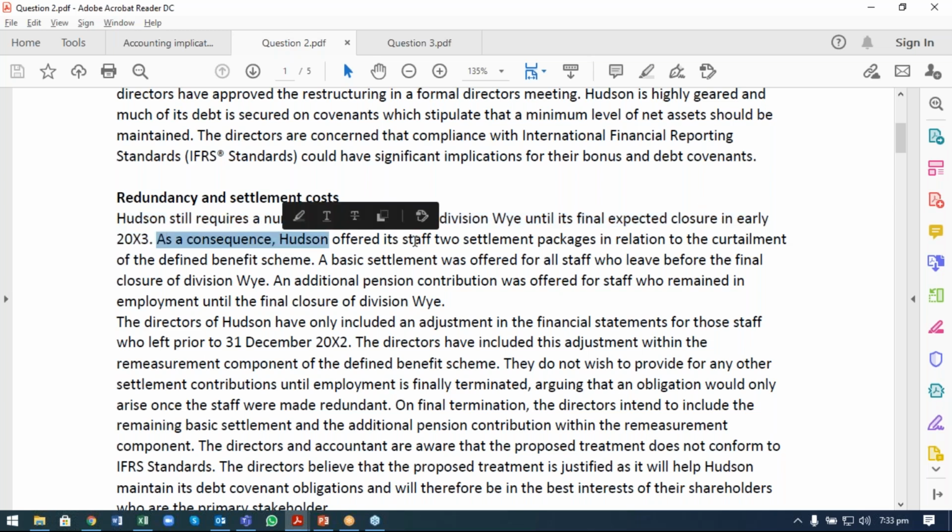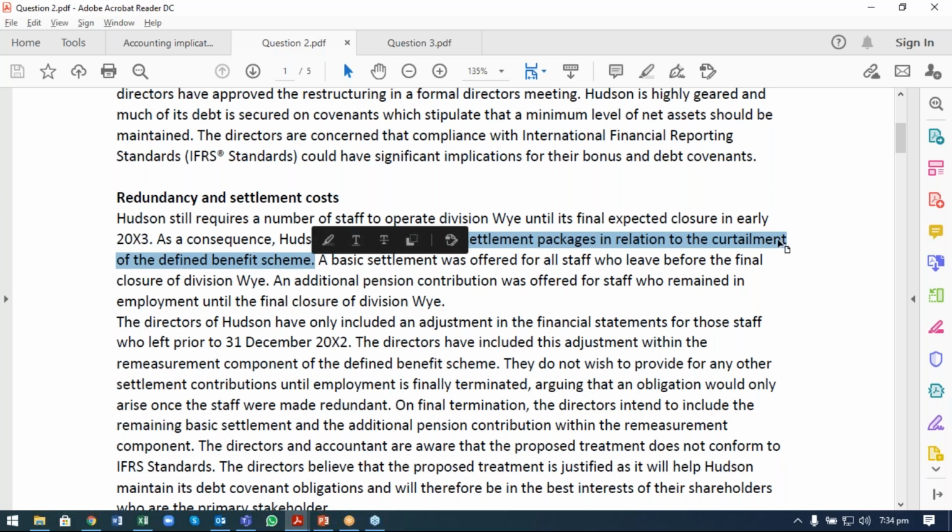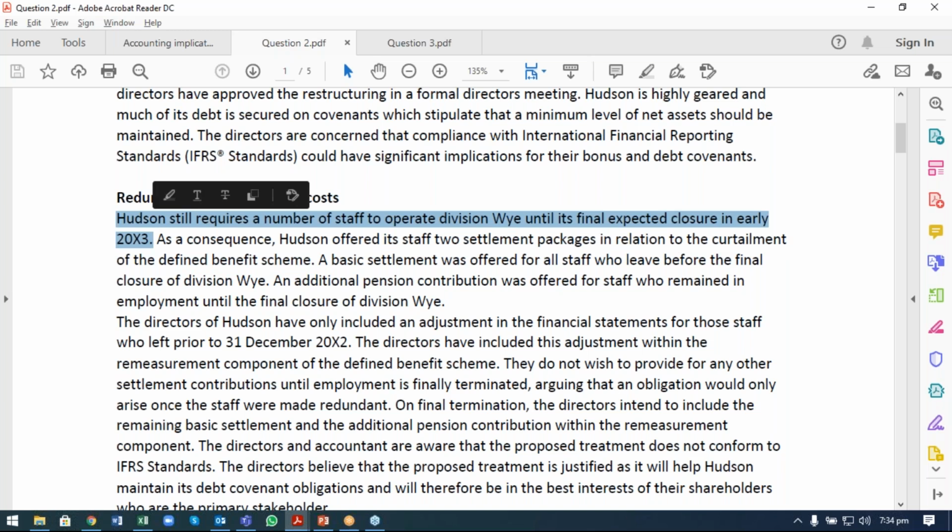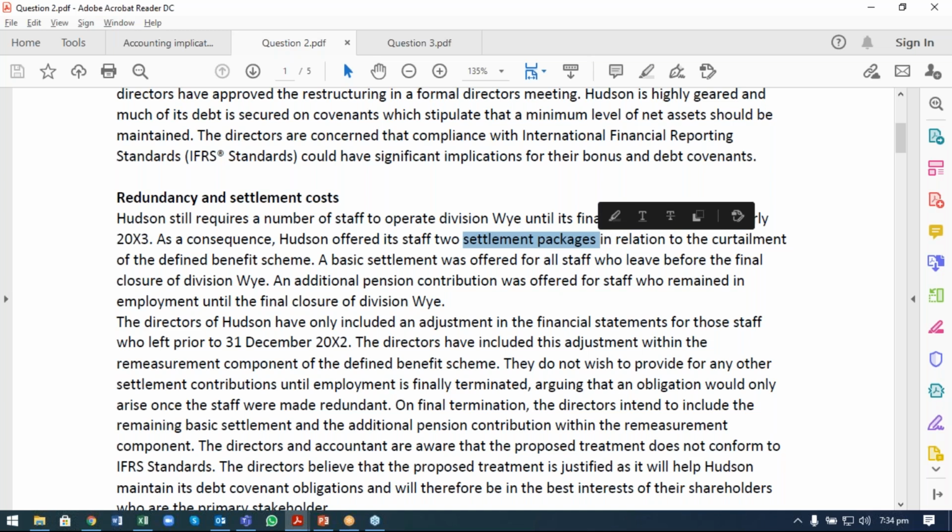As a consequence, Hudson offered its staff two settlement packages in relation to the curtailment of the defined benefit scheme. So there is a curtailment in the defined benefit scheme. I'll be looking into the standard again, but right now I'm just going through the scenario and showing you what the important aspects are. First thing, Hudson is going to close the division, but it would take a lot of time, closing in early 2003. And as a consequence, there are settlement packages provided by Hudson in relation to the curtailment of the defined benefit schemes for those employees who are going to leave the company due to the closure of